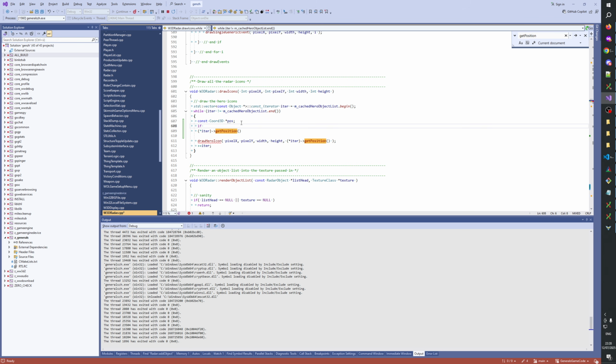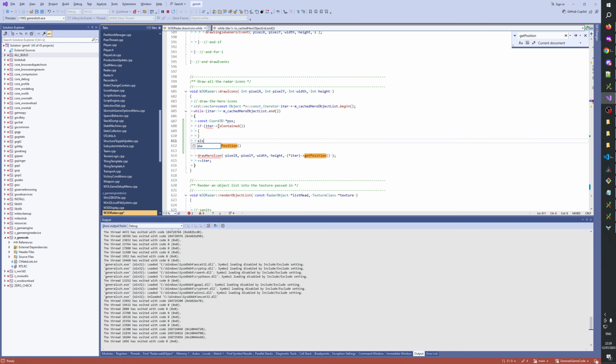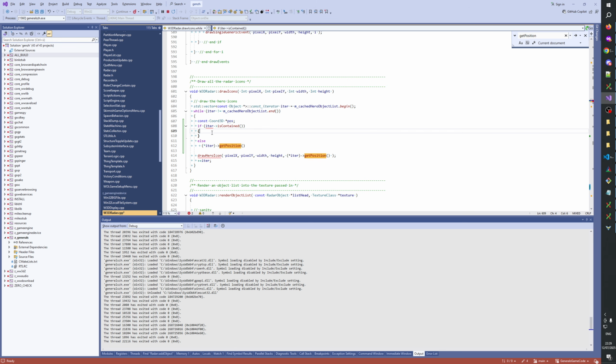So we say if the hero is contained, then we take